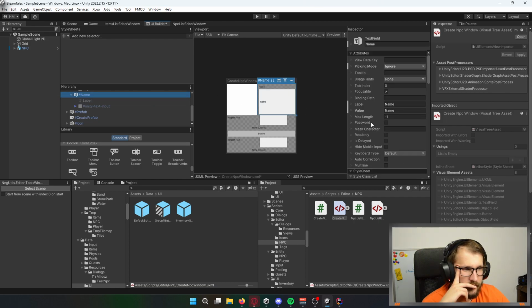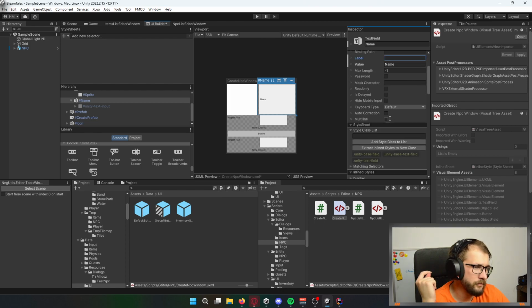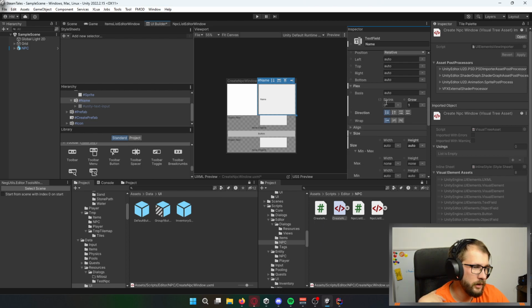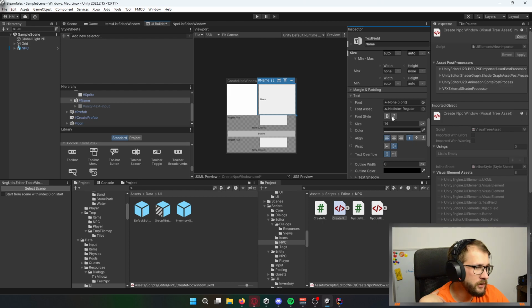I don't need it, so I can remove it. Okay. Can I remove the background of it? I can make this font much bigger. Can I go with... Okay, I will go with it like that.